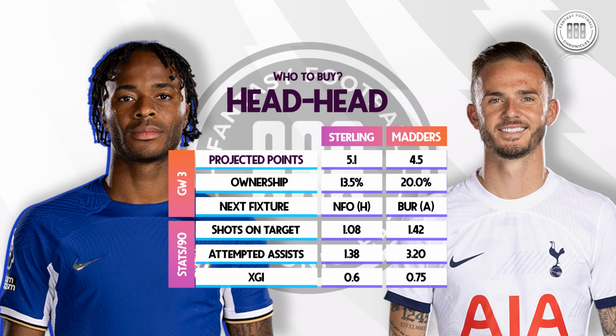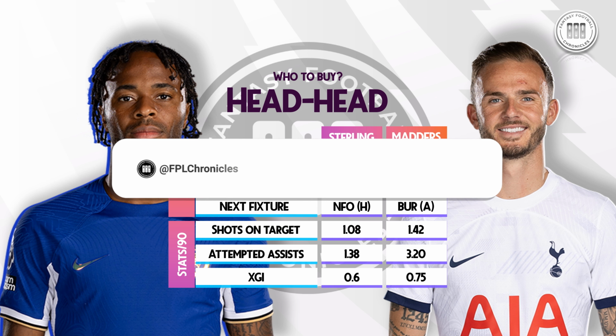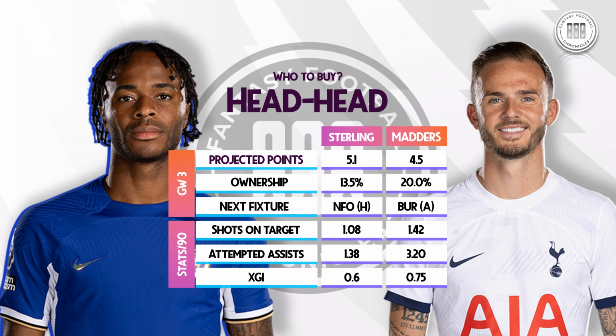Before last year's disappointing campaign, Sterling had recorded double-digit goals in 5 consecutive seasons. Choosing between him and James Maddison was made easier by our intentions of wild-carding during Game Week 9. With just Bruno Fernandes ahead of him in terms of non-penalty expected goal involvements, Maddison's underlying figures are impressive. But it's hard to see past Chelsea's upcoming schedule, especially because 4 of the next 5 games are ranked 3